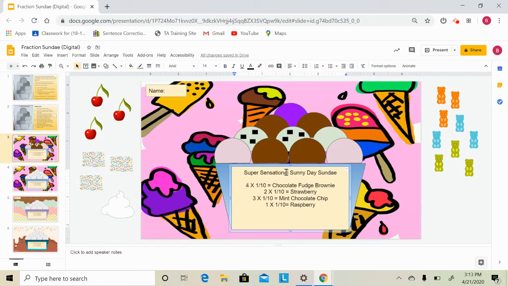So what do I have? I have 4 scoops of chocolate fudge brownie. So I'm going to write 4 times 1/10 equals chocolate fudge brownie because you need 4 scoops of chocolate fudge brownie. Then I'm going to say, okay, how many do I have of another flavor? This is strawberry. I have 2 times 1/10 of strawberry, 3 times 1/10 of mint chocolate chip, and 1 times 1/10 of raspberry. So then we'd go down to the bottom and we would just write our final equation, which would be